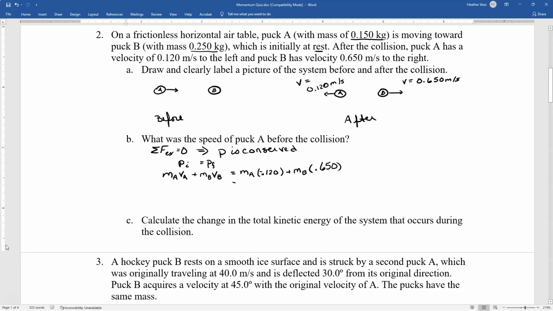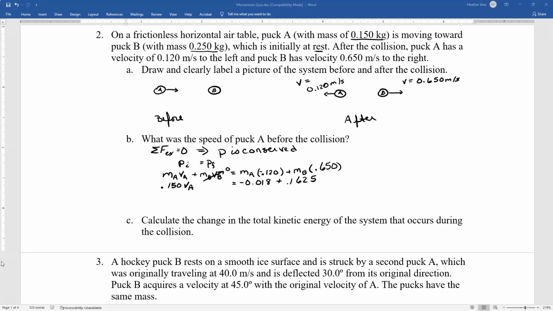So this is going to be negative 0.018 here. Mass of B is 0.250, and we're multiplying that by 0.650. So this is going to be a positive 0.1625. Now this velocity is 0, so that whole term is going to be 0. So this is going to be 0.150 times the velocity of A. So when I add those two together,